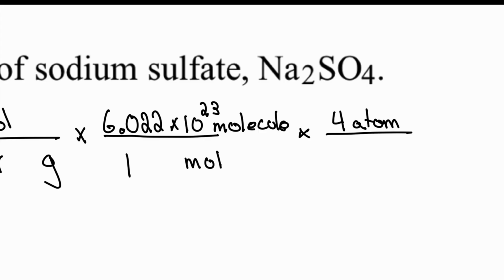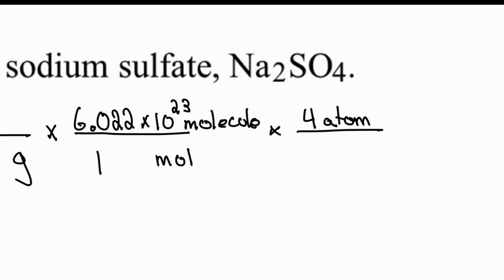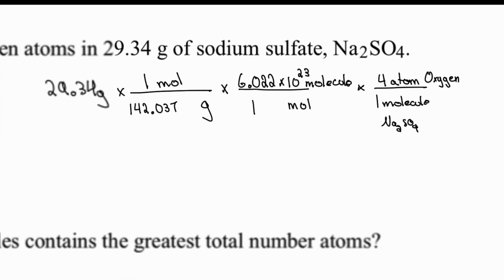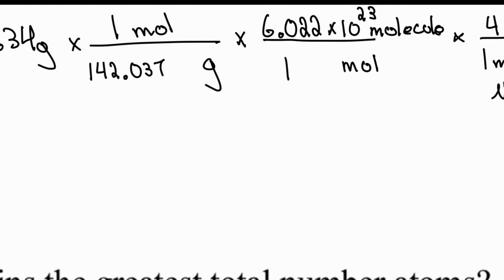So we're going to get 4 atoms of oxygen. We're going to put that over 1 molecule of Na2SO4. Once you solve for this, you will get